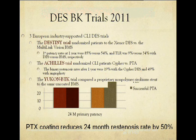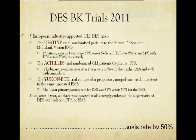Now, shifting gears a little bit, going from the SFA back to below the knee and critical limb ischemic patients, there are 3 trials that are underway. 2011 is the Destiny, Achilles, and Yukon BTK trials. The Destiny trial is a randomized trial looking at patients with the Xience drug-eluting stent versus the multi-link bare metal stent. Primary patency rates at 1 year were 85 versus 54% favoring drug, and TLR was 9 versus 34% favoring